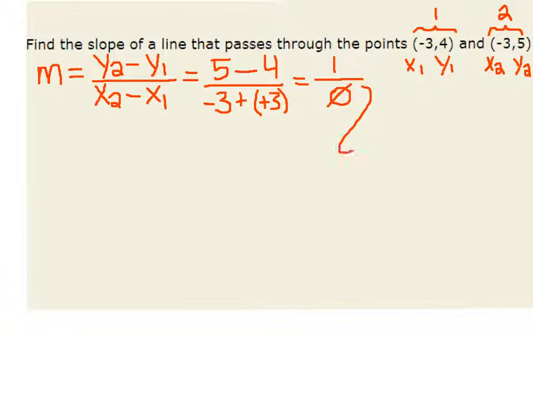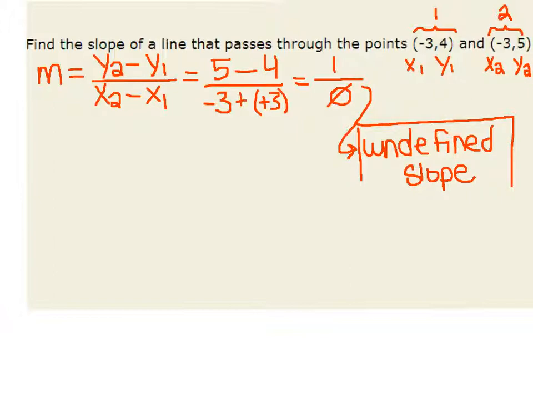And we know from previous algebraic studies that any number divided by 0 is undefined. So we have found that we have an undefined slope. Now it doesn't seem right. It seems like any line is going to have a slope. So what we're going to do to kind of reassure ourselves that this is okay and does happen is do a little quick graphing